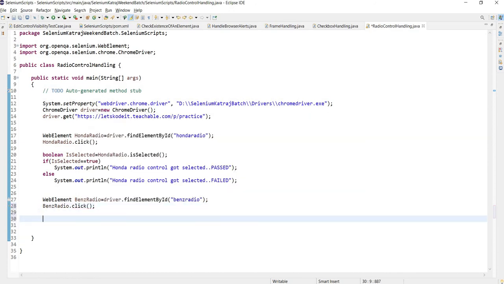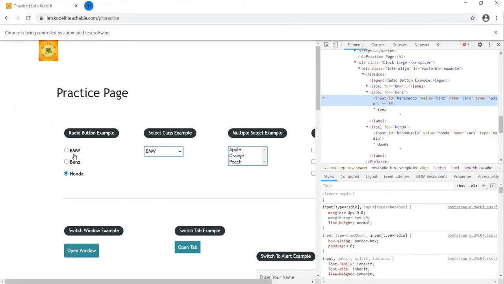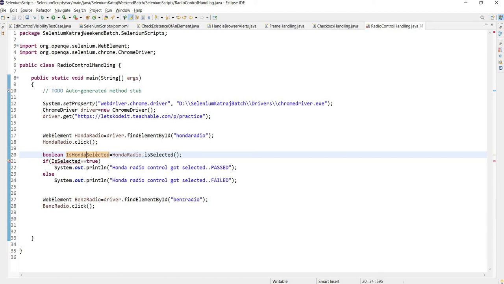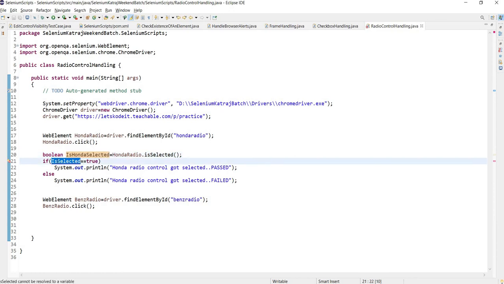After I click on it, there are 2 checkpoints here. The first is, the previous one should get deselected. This Honda should get deselected while I click on this, and this should get selected, right? So there are 2 checkpoints here. I'll take a variable here. I'll say isHonda selected. I'm just changing the name because I need one more variable to check the state of our Benz.